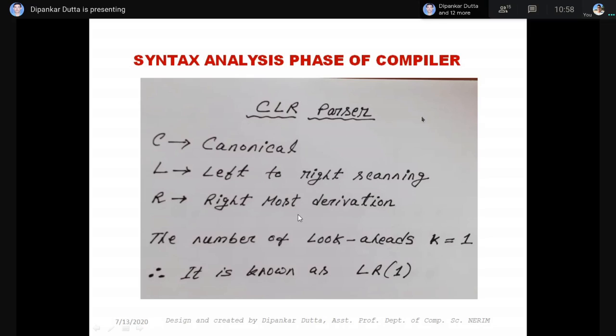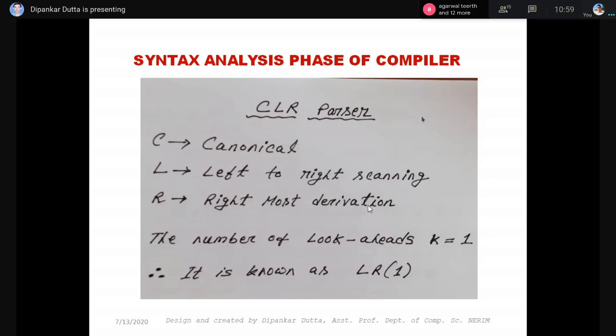In the previous class, that is SLR parser, we have seen it also followed the rightmost derivation approach. So if anyone asks you what kind of derivations are followed by bottom-up parsers, the answer will be rightmost derivation. It's a most common question in competitive examinations. During examination, generally we forget this term, rightmost derivation.